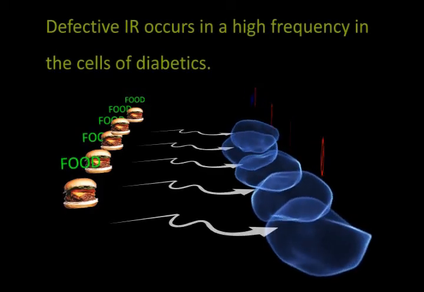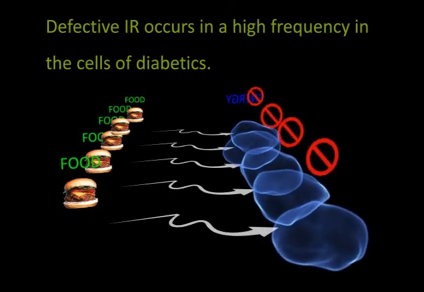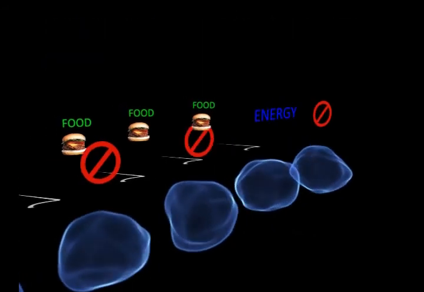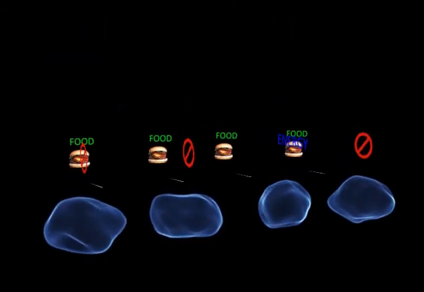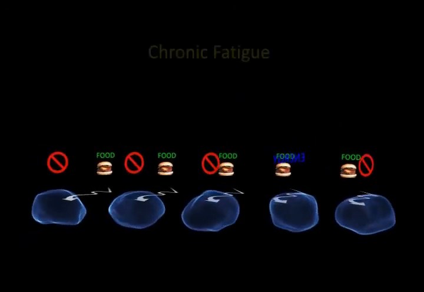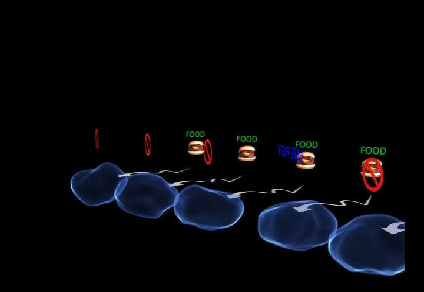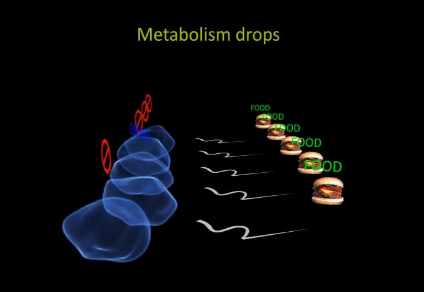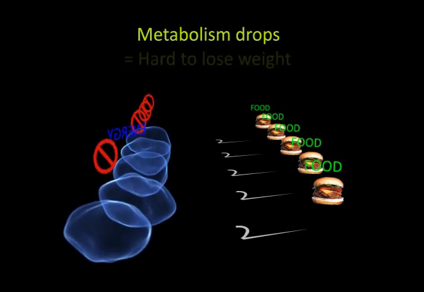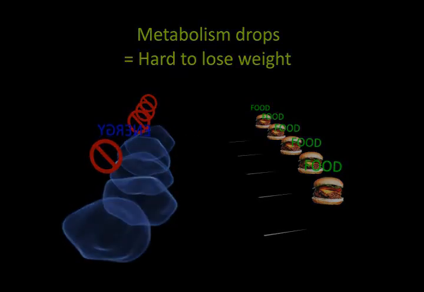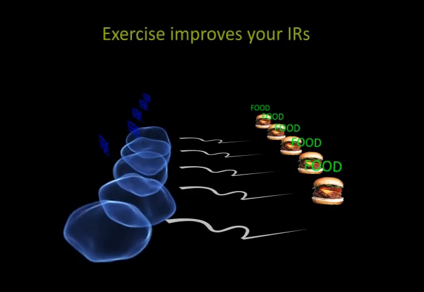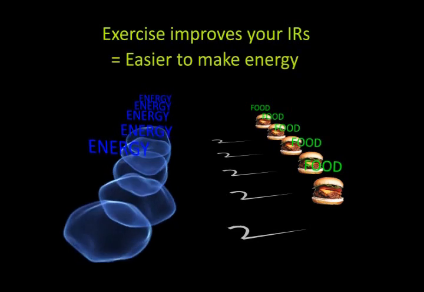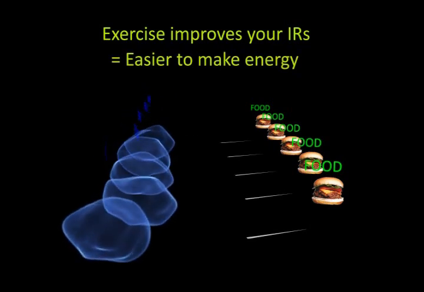This break in communication occurs in a high frequency in the cells of diabetics. Without the message "make energy" reaching the cell, the body's ability to make energy plummets. This is why diabetics typically experience chronic fatigue. Also, because your cells are not making energy, as a safety measure, your body responds by lowering your metabolism, making it very difficult for diabetics to lose weight. Conversely, exercising enhances the IR's ability to become turned on, making it easier for the body to communicate to its cells to make energy. Since exercise